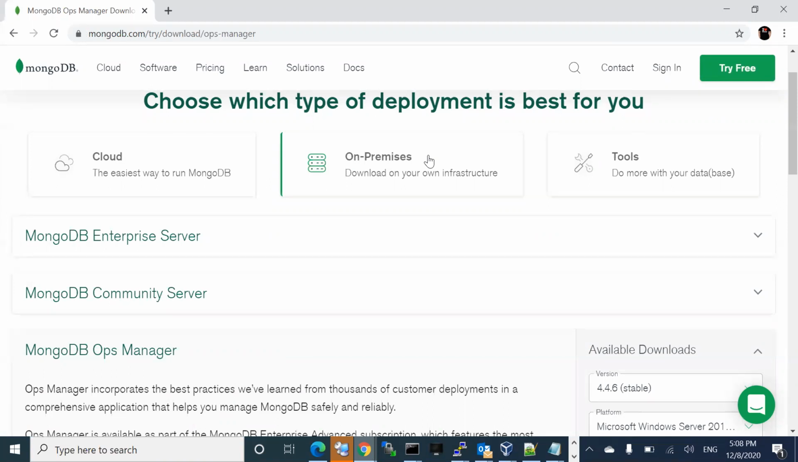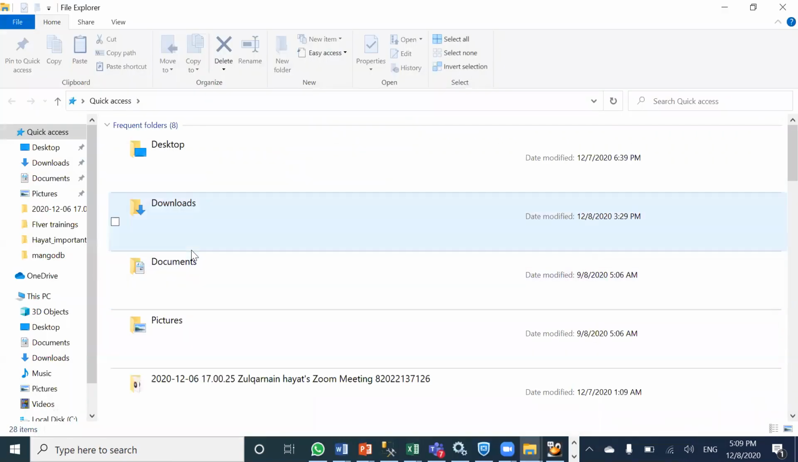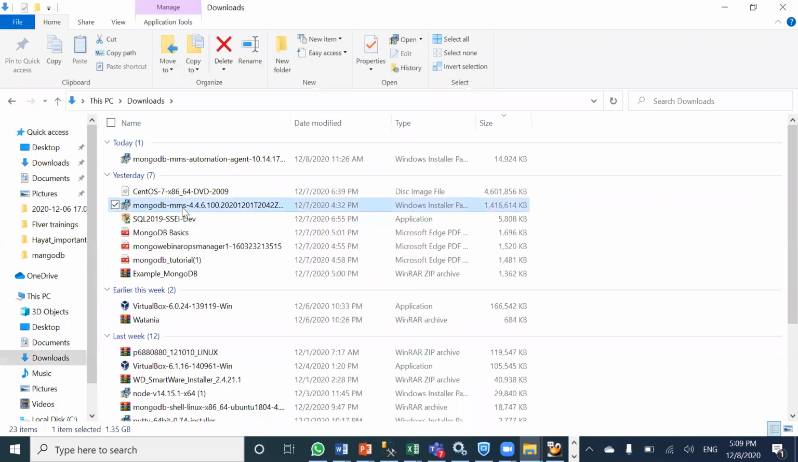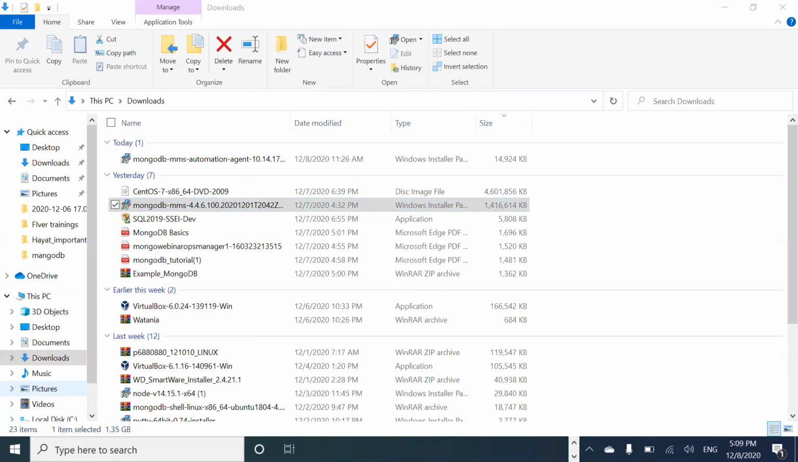So this is Enterprise Edition, this is Community, this is our Ops Manager. You just go there and download. I already downloaded it on my PC. This one. So let me check, maybe I installed it earlier. If you go to services.msc,